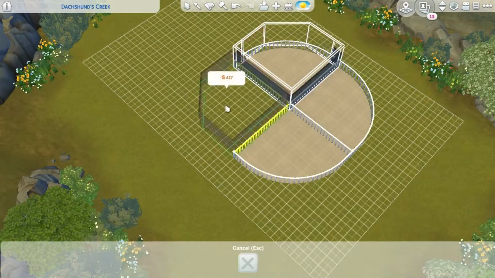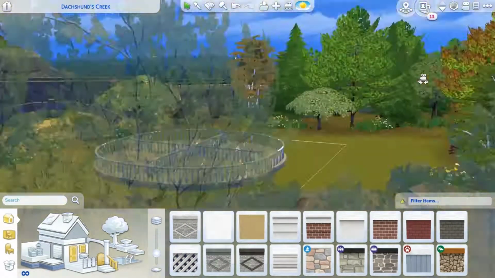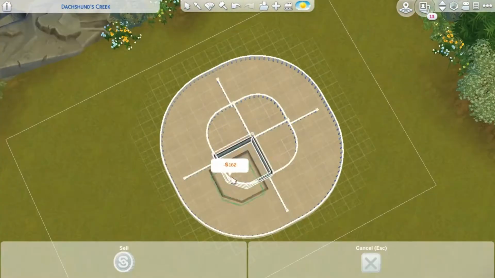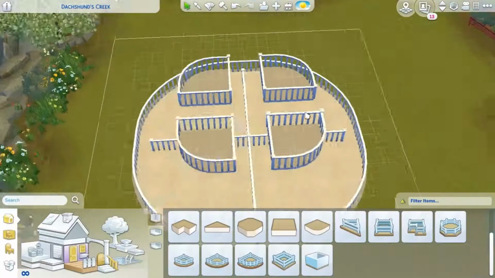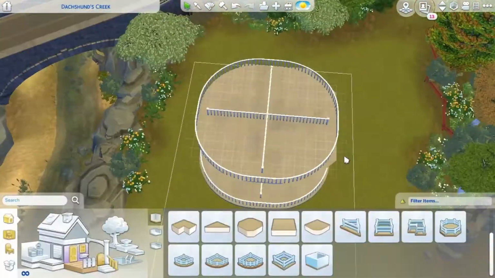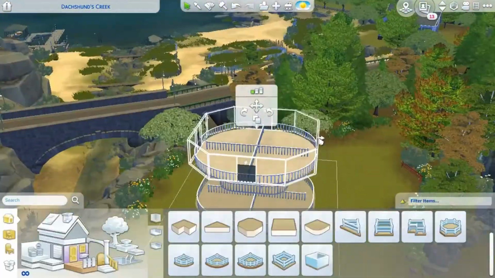So today, this build is something a little bit different than what I normally do. This isn't like a house or a building in general. It's actually a carousel, and I had so much fun with this build, and it's located in the beautiful world of Brindleton Bay. Of course, you can place this lot wherever you please, but I decided to build it in